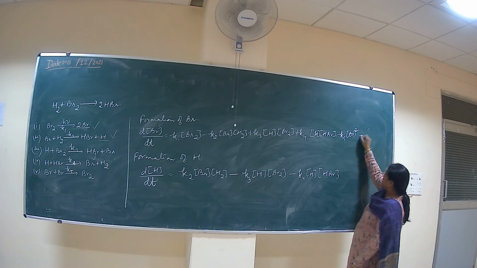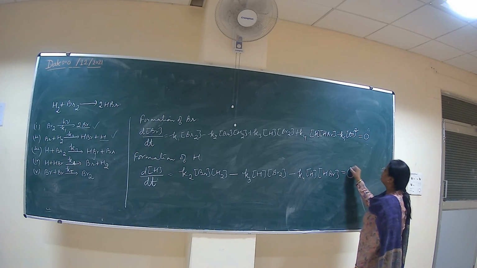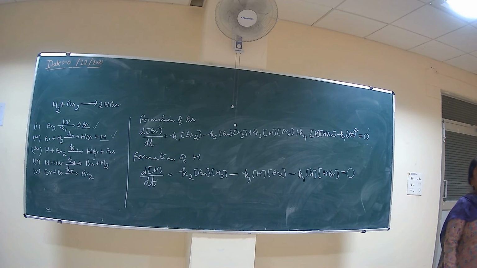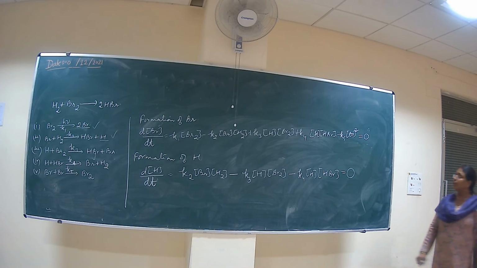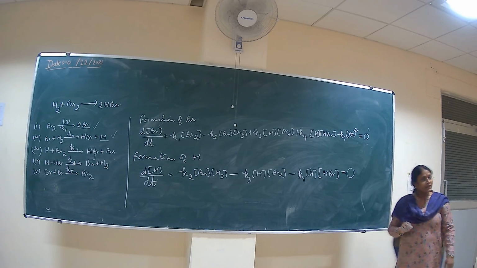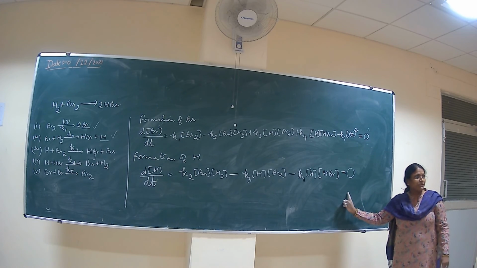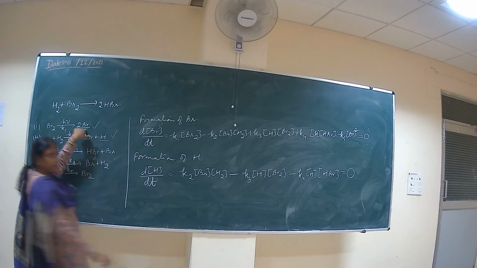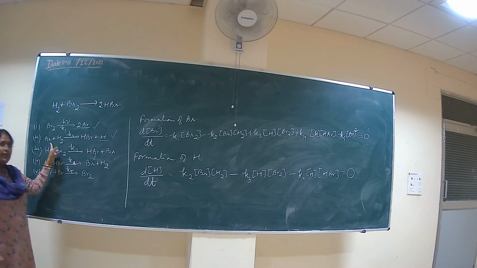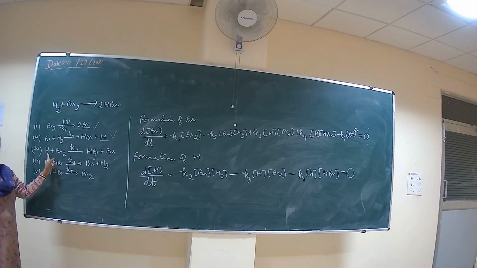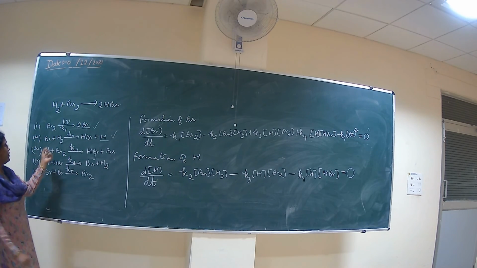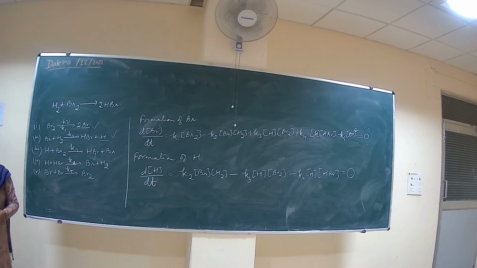ठीक है, अब एक चीज हमें ध्यान रखनी है, it is equal to 0. 0 क्यों लिखा है यहाँ पर, what is the reason behind it? Using the steady state approximation, है ना. हम लोग यहाँ पर स्टेडी स्टेट अप्रोक्सीमेशन यूज कर रहे हैं और यहाँ पर प्रोडक्ट का फॉर्मेशन हो रहा है. This product is used as a reactant. Again here the product is formed and this product is used as a reactant. So rate of formation of the bromine is equal to the rate of disappearance of the bromine. Same way rate of formation of the hydrogen is equal to the rate of disappearance of the hydrogen.